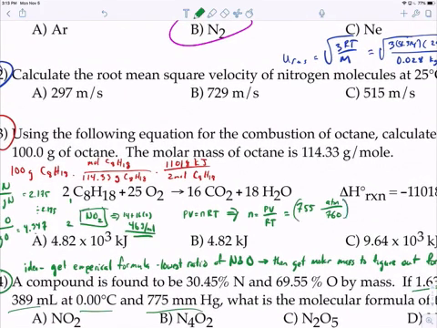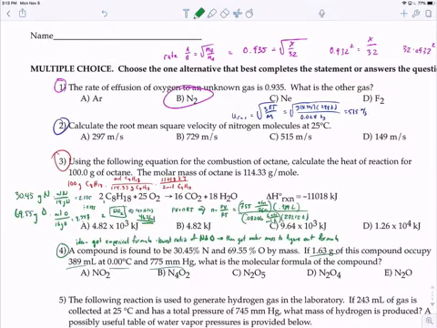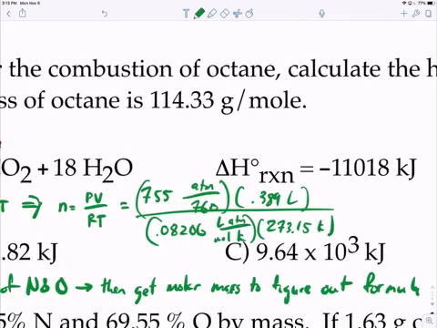So that's the pressure, converted to atmospheres, volume 0.389 liters, 0.08206 liter atmosphere per mole Kelvin, and 273.15 Kelvin. So just taking those numbers and applying them to the ideal gas law, and in doing so, you get